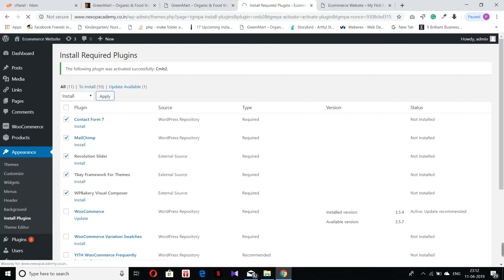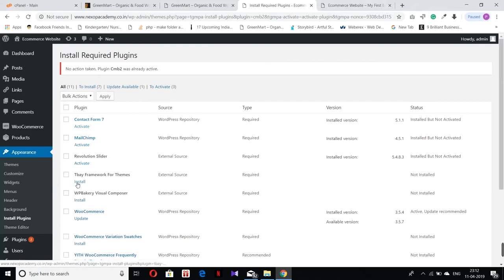It is taking some time, so I'll manually install each of the plugins. Sometimes this issue occurs, so not to worry. I'll just refresh the page. Okay, the three plugins have been installed.